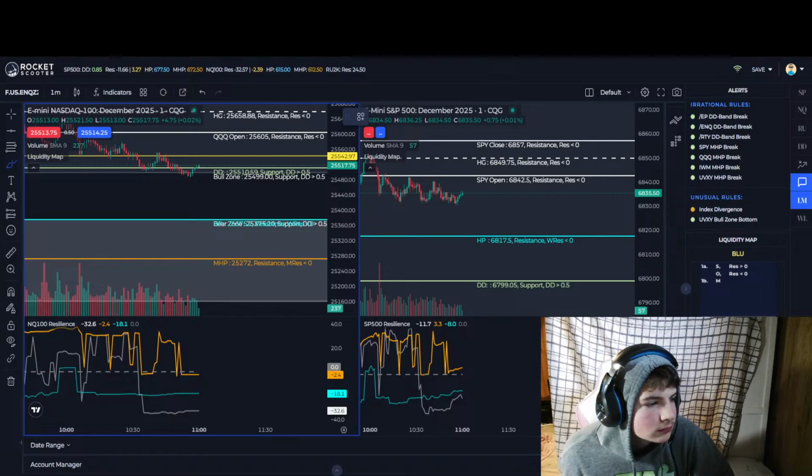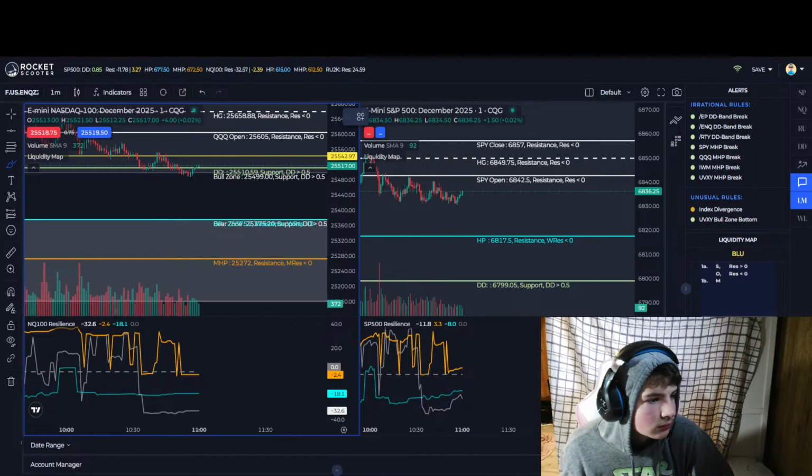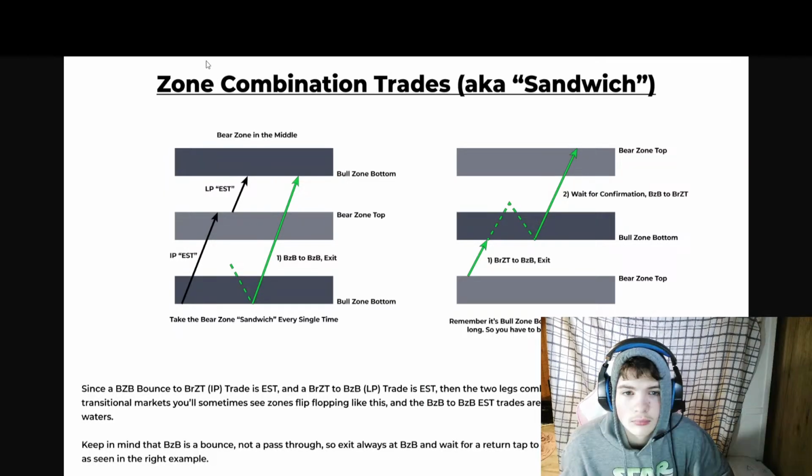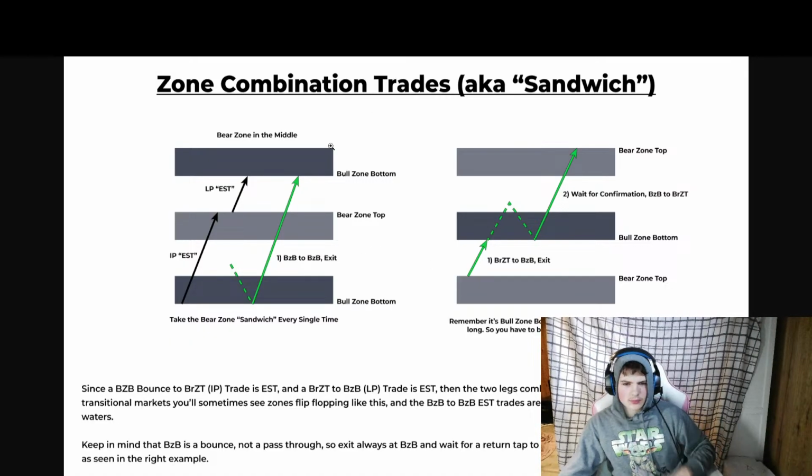All right. So this is the aka EST sandwich trade. So what this is: market comes down to here, the bull zone. Take a trade every time here.